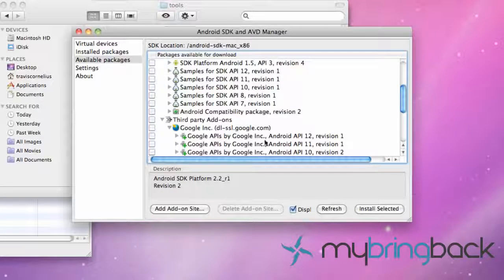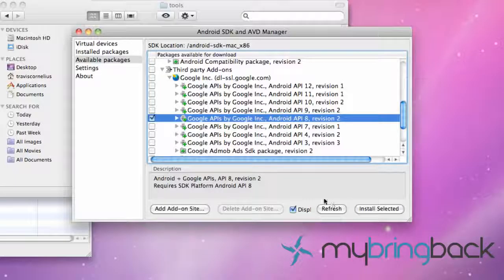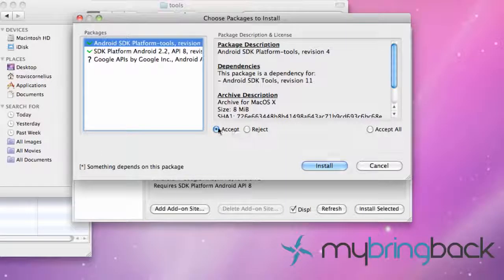For example, you can get some APIs from Google, and so if you're using Google Maps or anything like that, you're going to want to download one of those. So I'm just going to hit API 8 as well, and install selected, accept